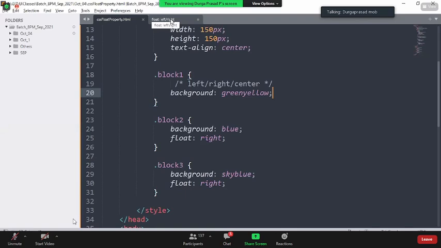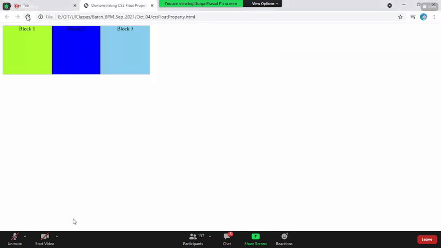The same thing is going to happen inside your floating property. What float says is multiple continuous elements, one after another. Now I say block 1 is there, block 2 is there, block 3 is there. When block 2 and 3 are changing the floating property, it doesn't matter whether it is left or right. If continuous elements are changing the float property, they always fall under the same line. Now, if you see, when I say float right, both are falling under the same line.